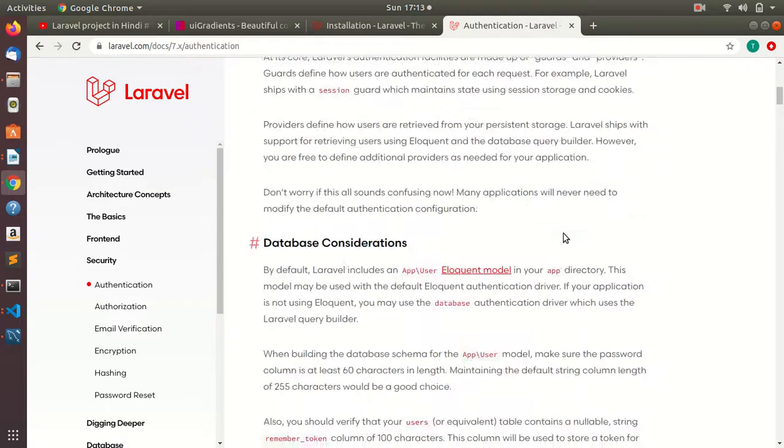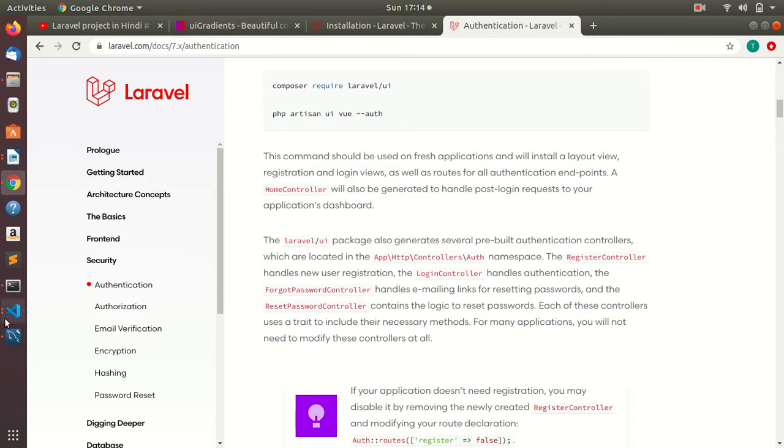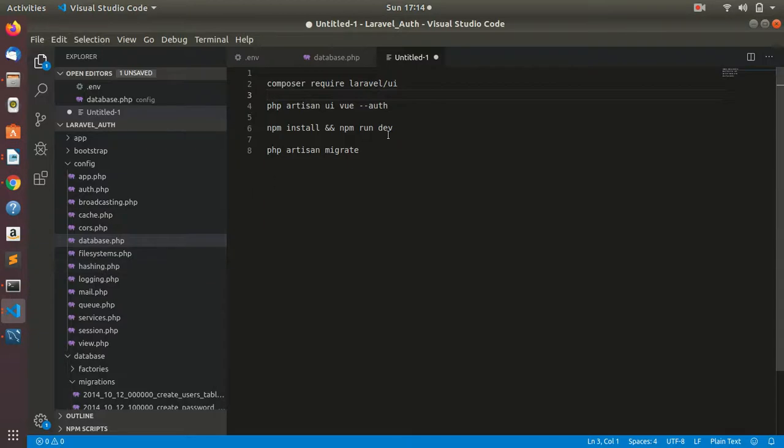Using Laravel Auth we can use these commands: composer require laravel/ui and php artisan ui vue --auth. And there is one more command, that is npm install and npm run dev. We need to run these three commands after we create our project. So after creating the project we need to run these commands. The npm command helps us to create our JS and CSS automatically, and it will set all the CSS and JS in our login and register pages, which will be provided by Laravel.